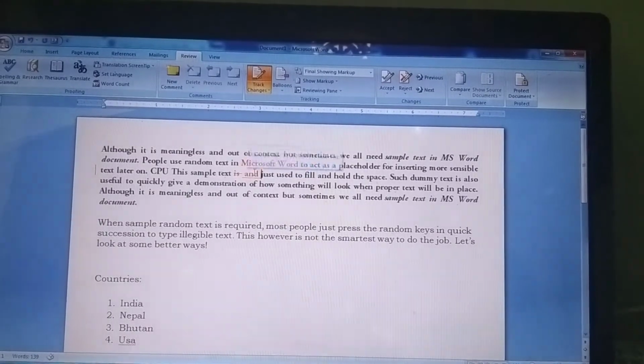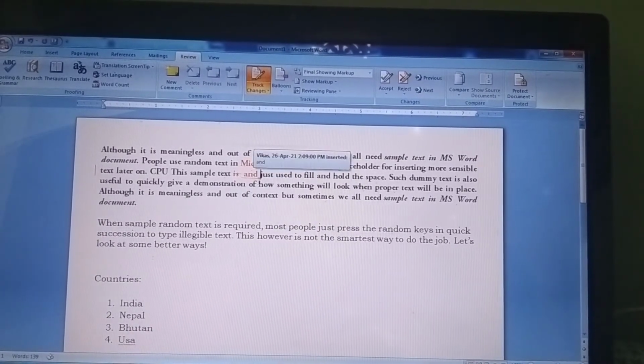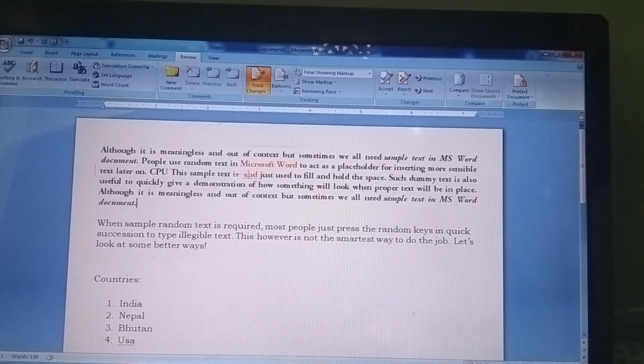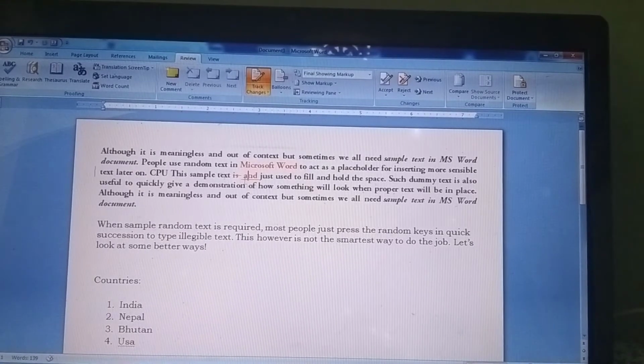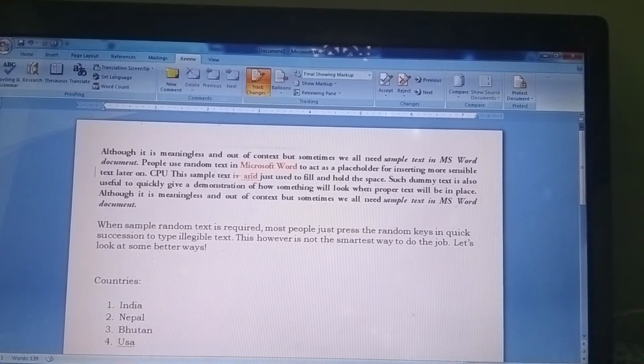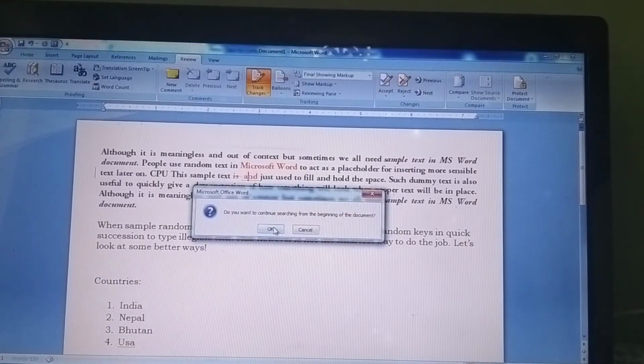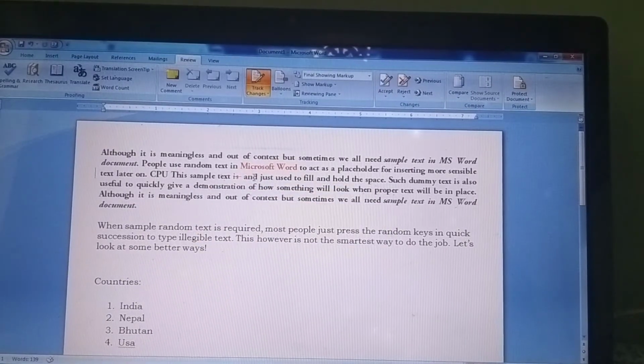Now it will go to the original person, the person who created this, and if that person feels this new word should be accepted, then they will accept it, and the word will be accepted over here.